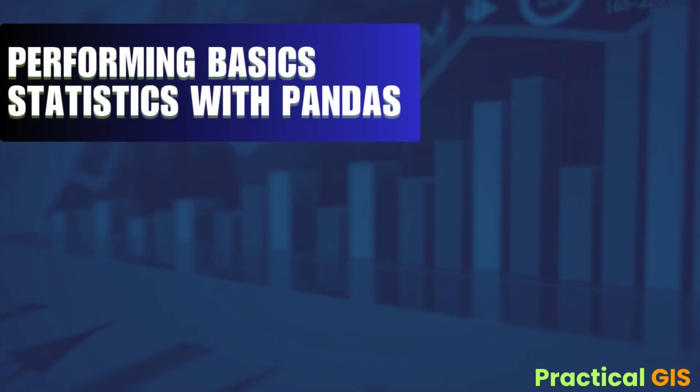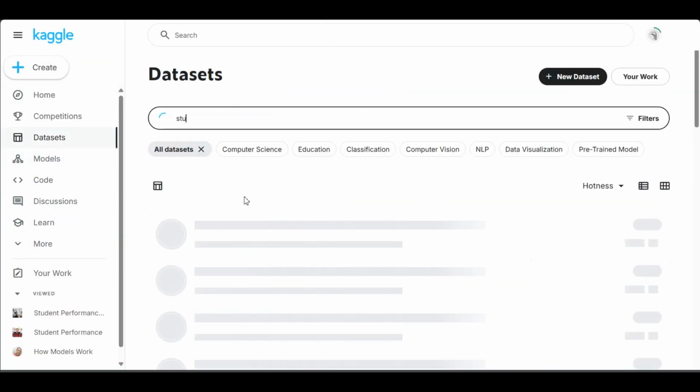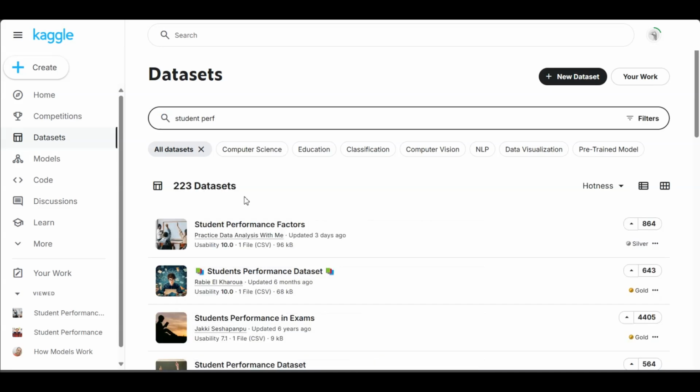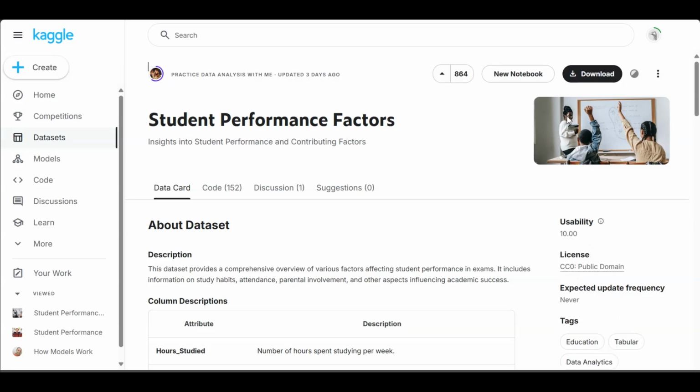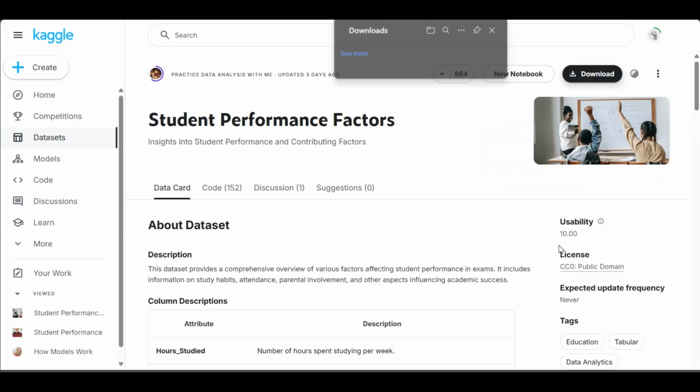In today's video, we are going to be exploring basic statistics using Pandas. We'll be working with the student performance factor dataset from Kaggle to demonstrate how to generate statistical summaries in Pandas. By the end of this tutorial, we'll have a solid grasp on how to perform and understand basic statistical analysis